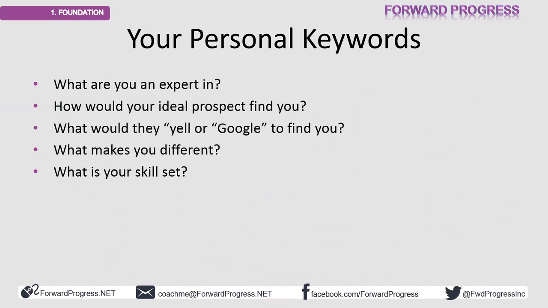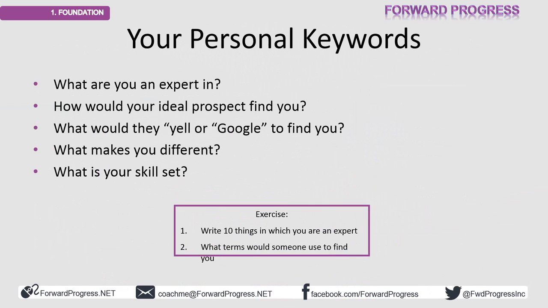So what we want you to do is think about going through an exercise with yourself or somebody else. And here is a really cool thing you can do, right? Where you have your personal keywords, what are you an expert in? How would your ideal prospect find you? What would they type or Google to find you? What makes you different? And then what is your skill set? Once you can answer that, you sit down and write 10 things that you're an expert in. We always recommend you take a sheet of paper, draw a line down the middle, and on the left-hand side, write 10 things that you're an expert in, and on the right-hand side, write what terms someone would use to